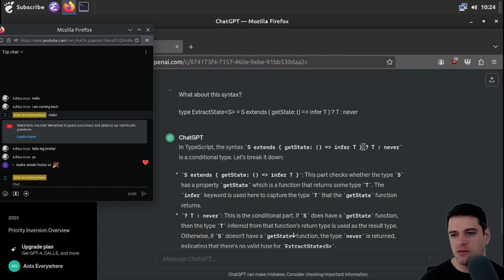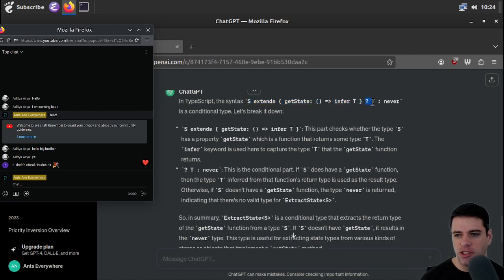So this is really all parenthesized, maybe? Which is a function that returns some type T. The infer keyword is used here to capture the T that the get state function returns. So I guess what it's saying is, if S extends this thing, really this is a type checking thing, but in the world of duck typing, if it has this property essentially,